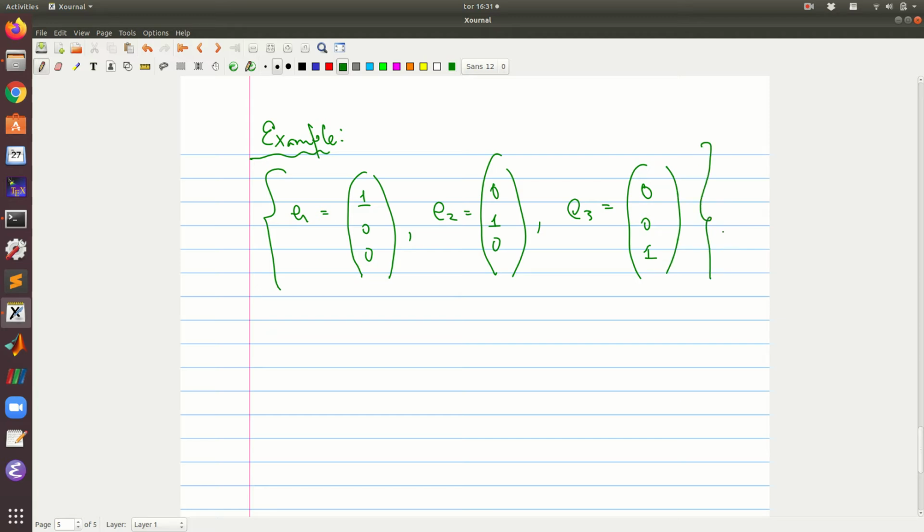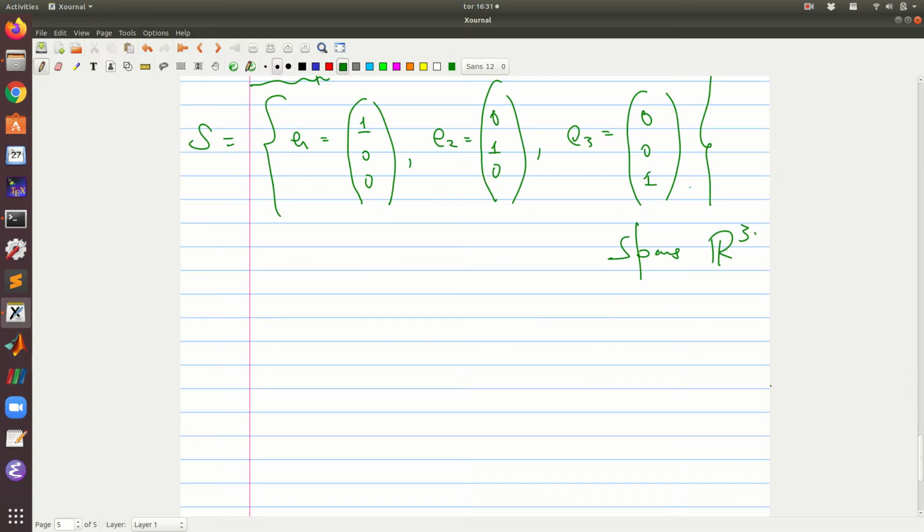So we are saying that this set here spans R3. So when we say that this set S spans R3,